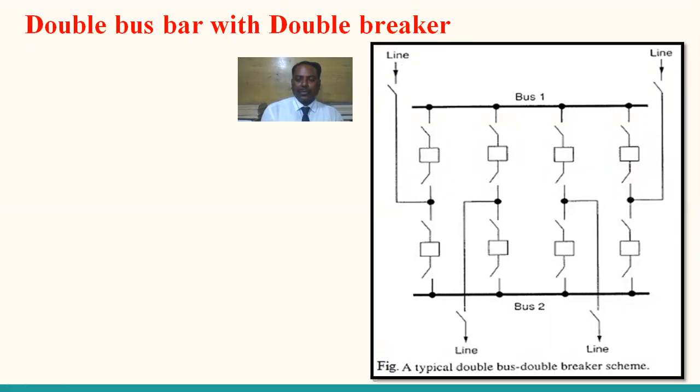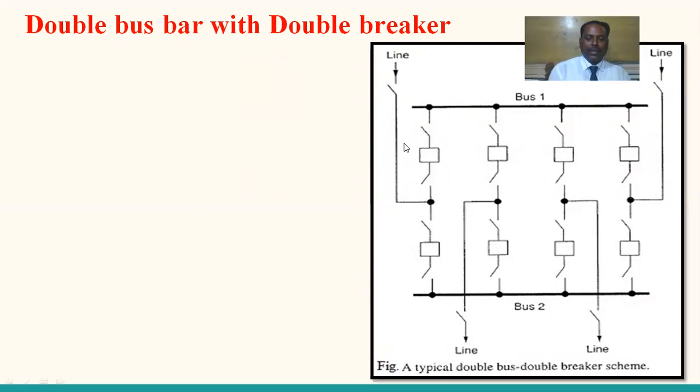More convenient. Why? Because every incoming as well as outgoing line is to be taken through the breakers, so the operation is more protective and more qualitatively functioning compared to the single bus bar. But from the cost point of view, it is somewhat higher cost than the earlier one. See the typical double bus with double breaker scheme. This is a costlier process but a more advantageous process. So let us see what are the advantages of these schemes.